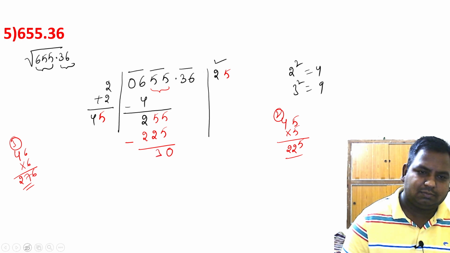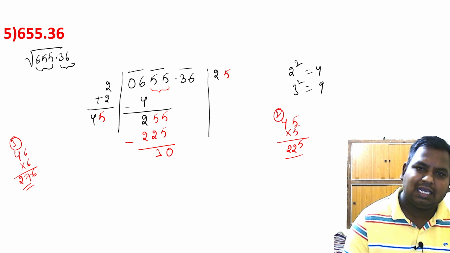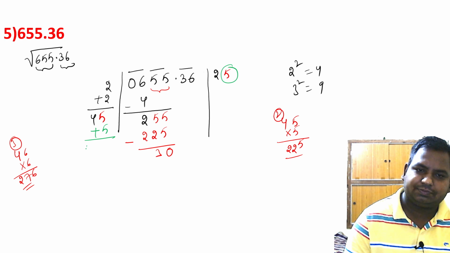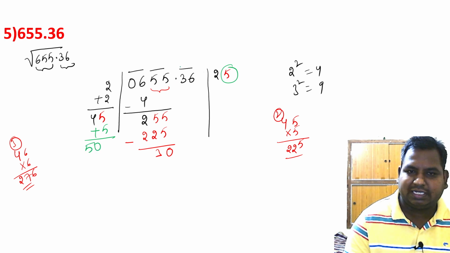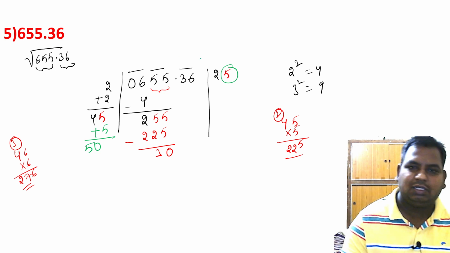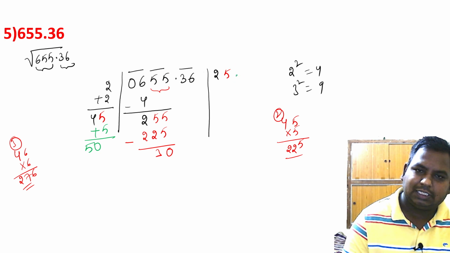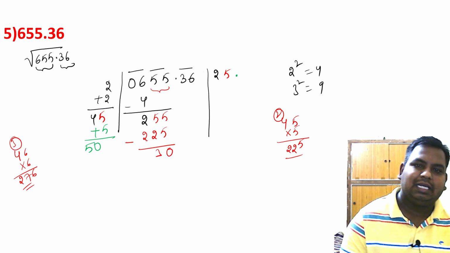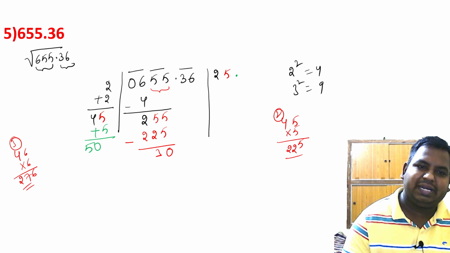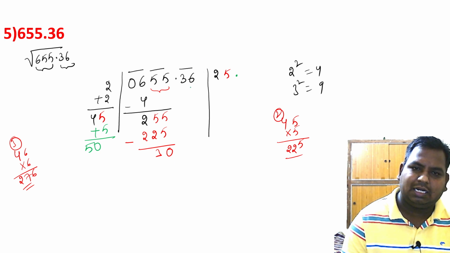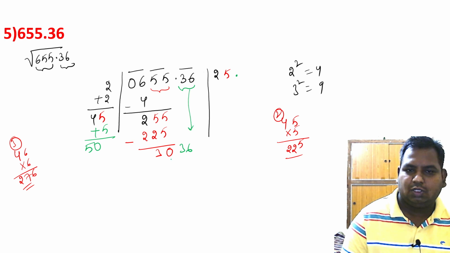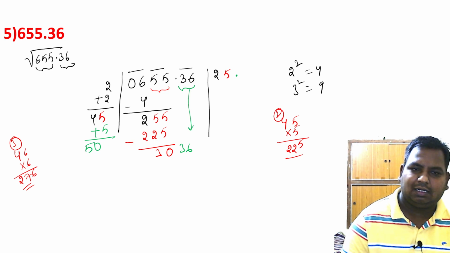Now tell me which digit I have to add here. I have to add the recent digit, and the recent digit is 5. So this 5 will be added here. We'll have 50. Next we have a decimal here. After the second bar we have a decimal. So put the decimal in the quotient place. Next, after placing the decimal, bring down the digits under the next bar. Under the next bar we have 36. So bring down 36. Okay. So finally we got 3036. Now here we have 50.